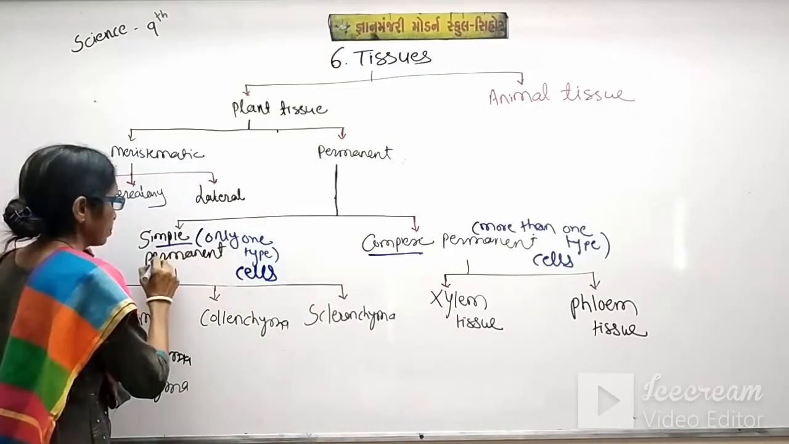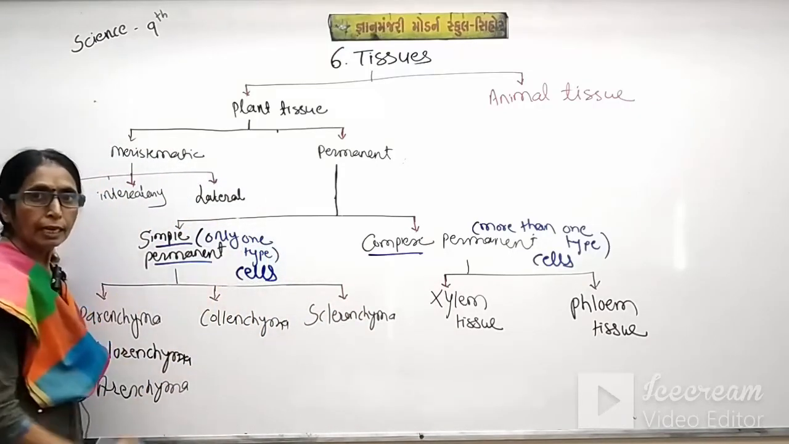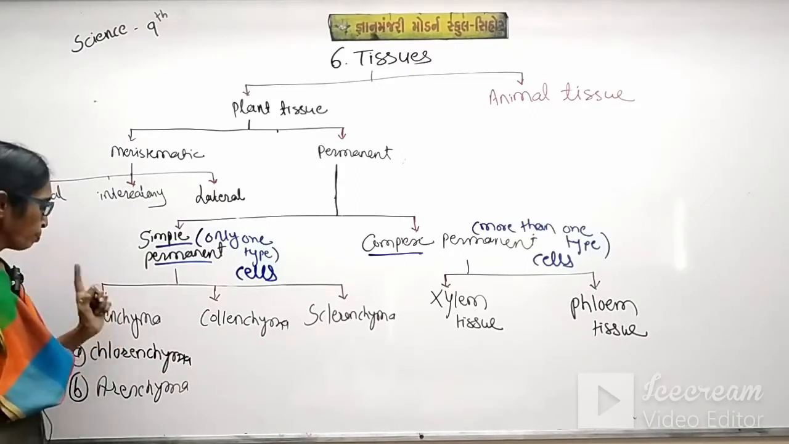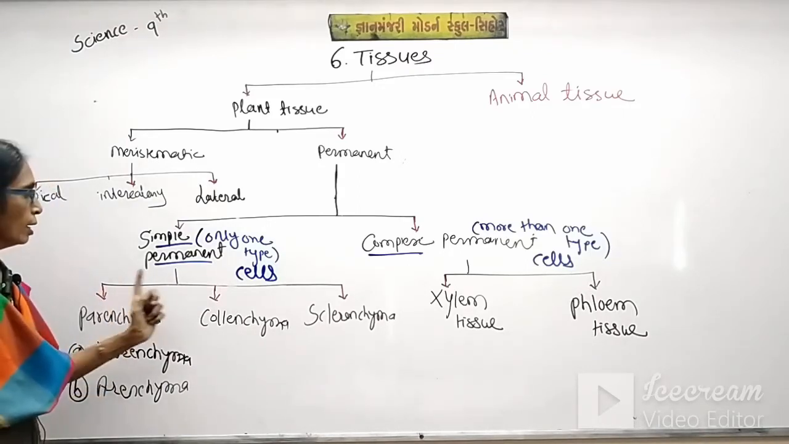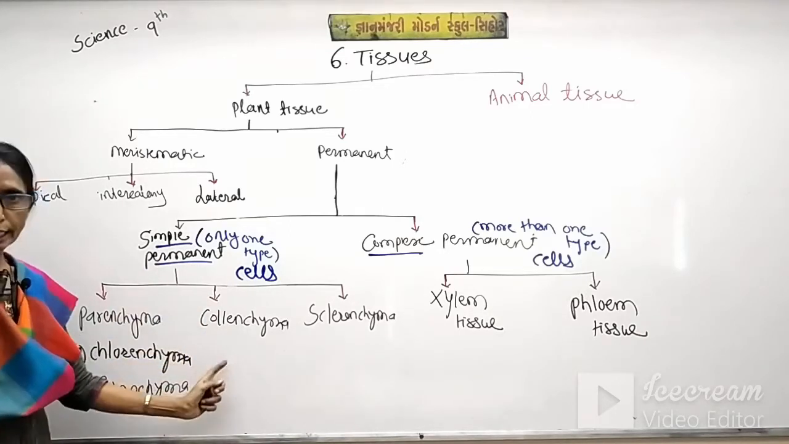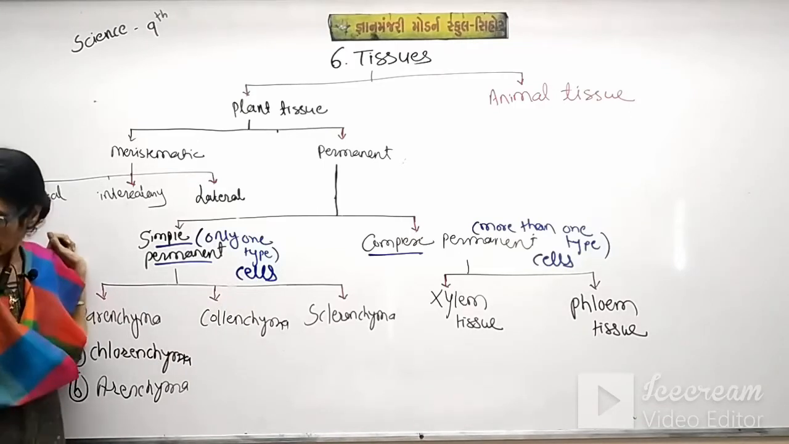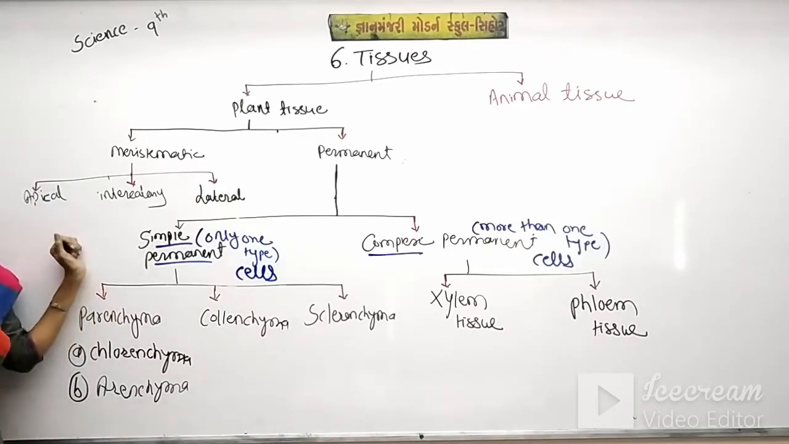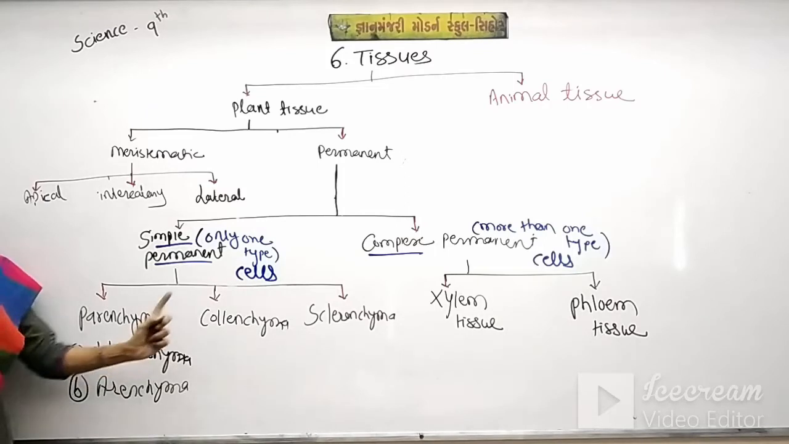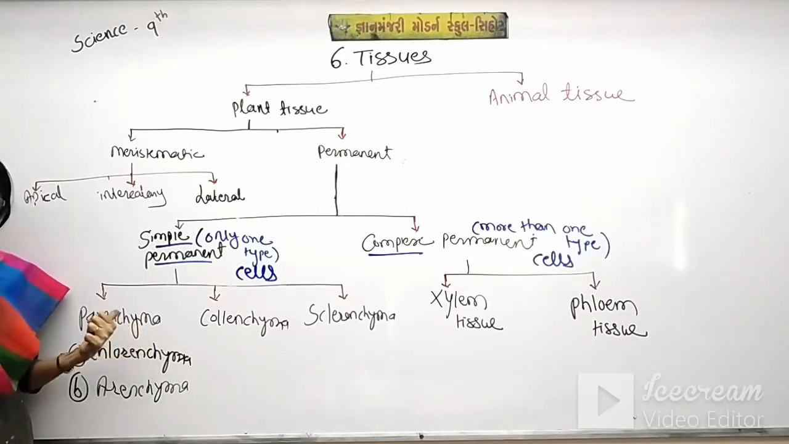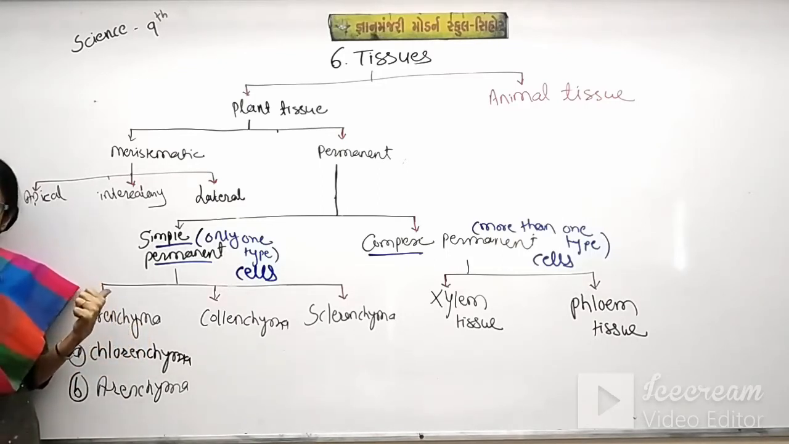It is simple permanent tissue. Simple permanent tissues are divided again into three types: parenchyma, collenchyma and sclerenchyma. See the students, their pronunciations. Parenchyma, collenchyma and sclerenchyma. Parenchyma have a cell wall which is not thick, they have a thin